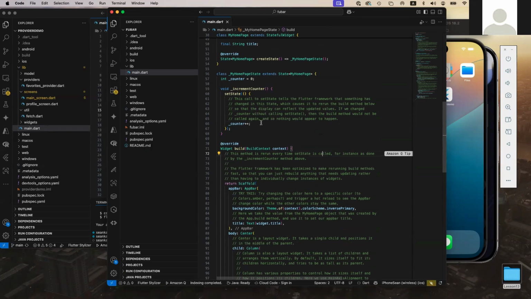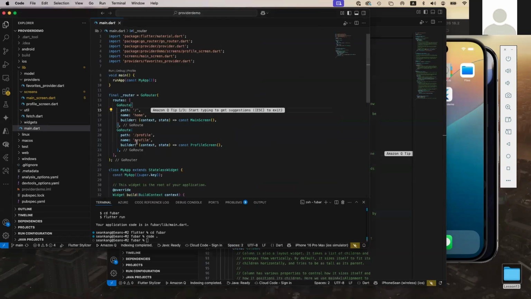But this state is tied to this widget. What if we wanted some information that would need to live across two different UI widgets? We couldn't really store it here. It would make it very difficult to access this information from this home page widget in another widget to show the value of this counter. And that's the reason why